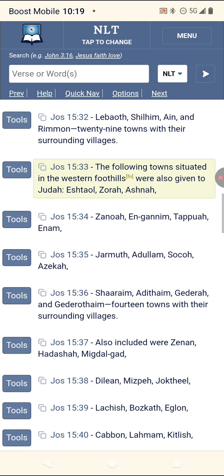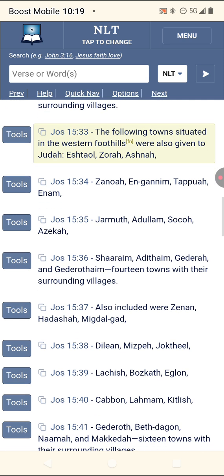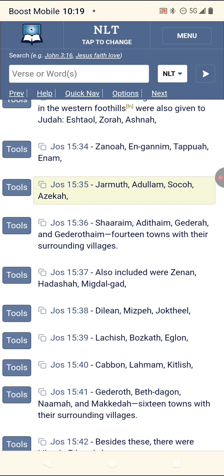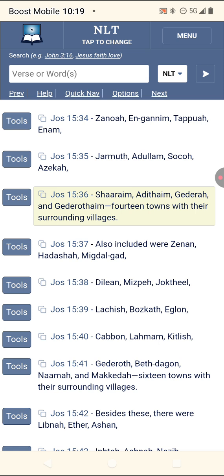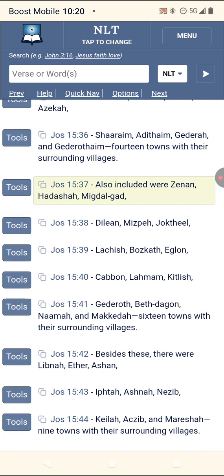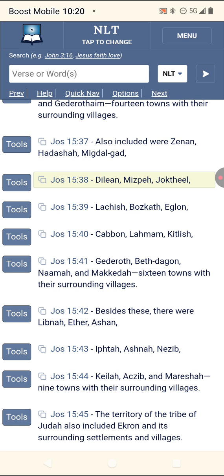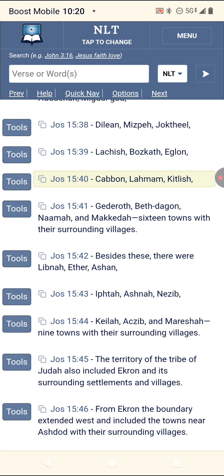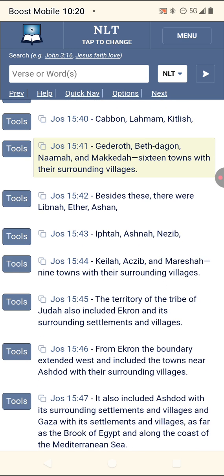Now, continuing on, verse 33 says, the following towns situated in the western foothills were also given to Judah: Eshtaol, Zorah, Ashnah, Zanoah, En Gannim, Tappuah, Enam, Jarmuth, Adullam, Socoh, Azekah, Shaaraim, Adithaim, Gederah, and Gederothaim, 14 towns with their surrounding villages. Also included were Zenan, Hadashah, Migdal Gad, Dilean, Mizpeh, Joktheel, Lachish, Bozkath, Eglon, Cabbon, Lahmam, Kitlish, Gederoth, Beth Dagon, Naamah,